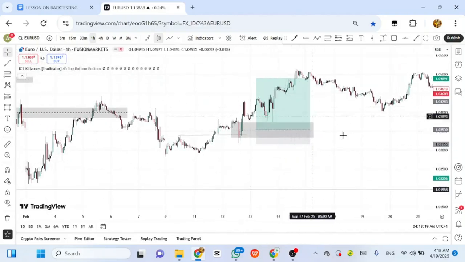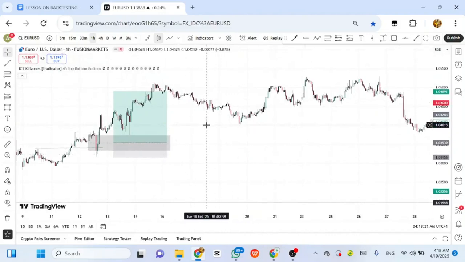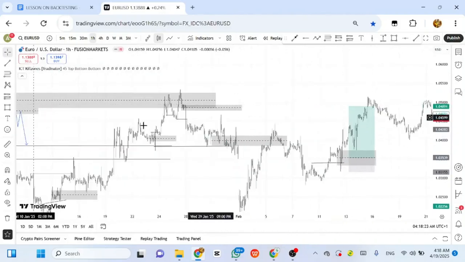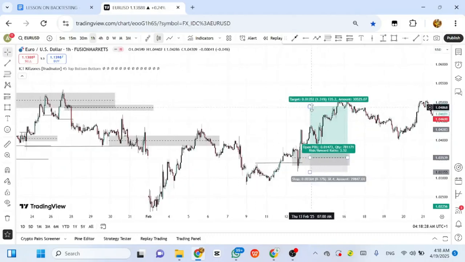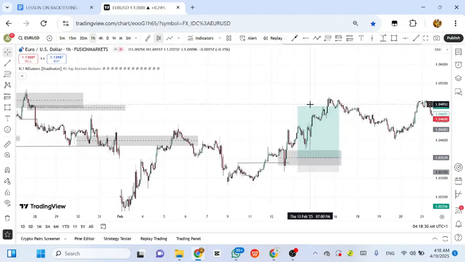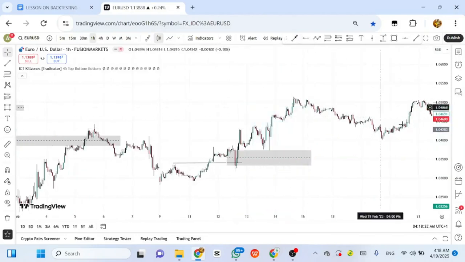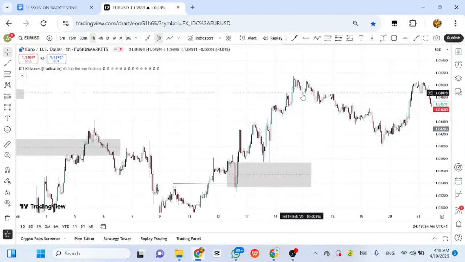Alright, so this one now, no entry. So we are still looking for our setup. So now we are noticing that market has come into the zone. There should be just some reaction. So let's see if we can venture in this reaction. First, now we look at this. This was a low. It was broken.